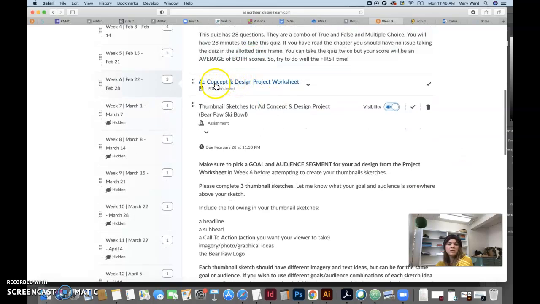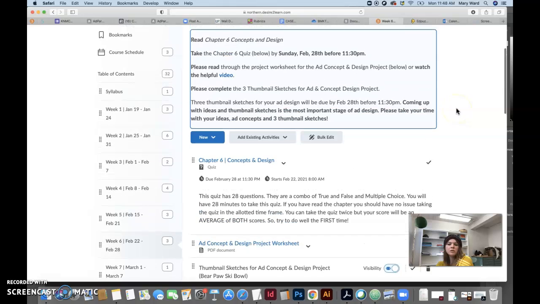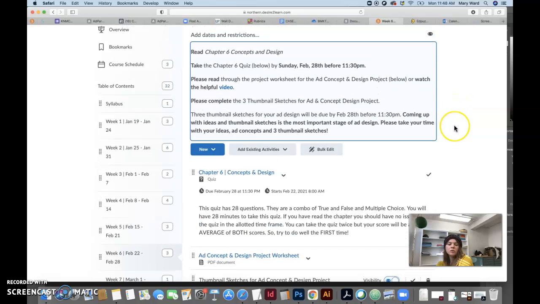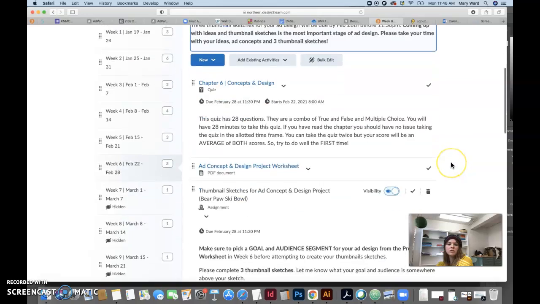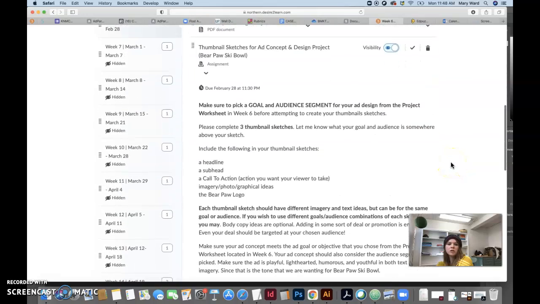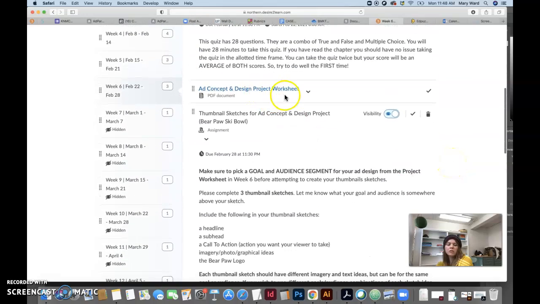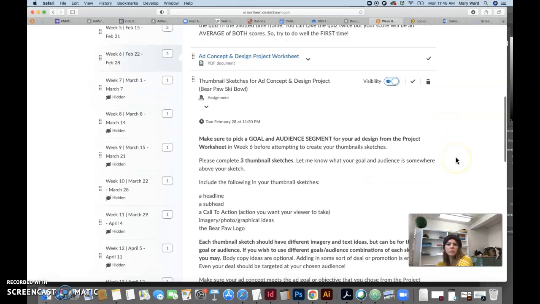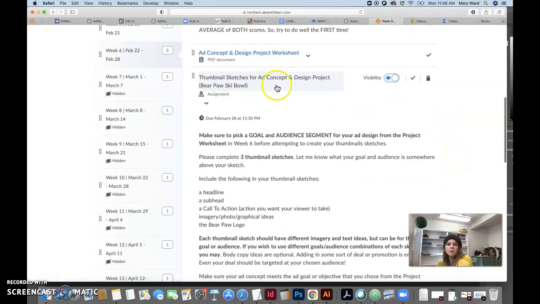So read through this ad concept and design project worksheet. This is going to be a 2-week process. This week we're just doing the ideation phase, the 3 thumbnails. This video up here will also go over the project worksheet in detail if you'd rather watch the video. Also, reading through that a couple times on your own is going to be helpful before even starting this thumbnail sketch